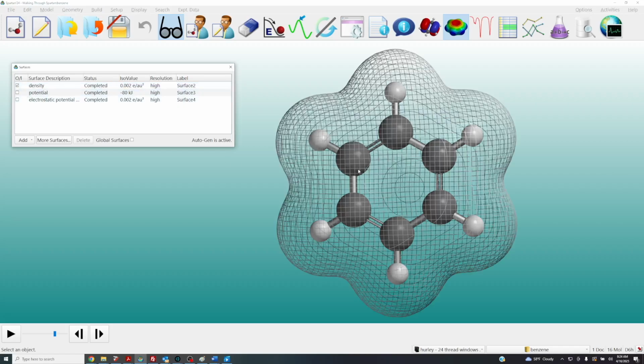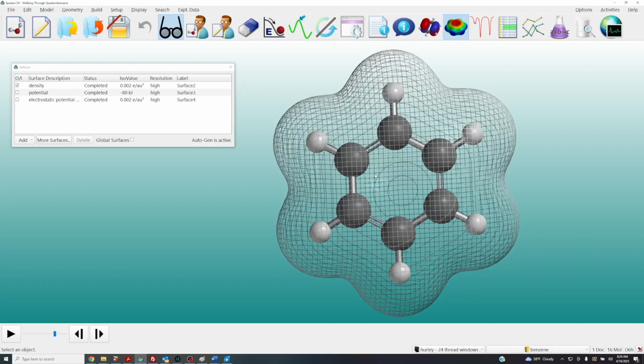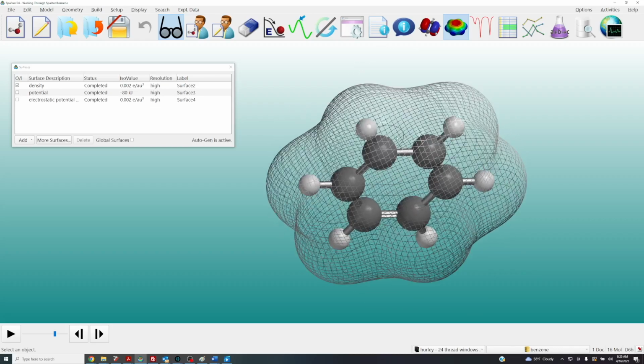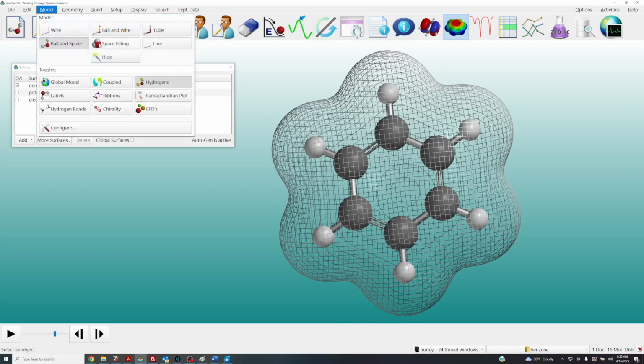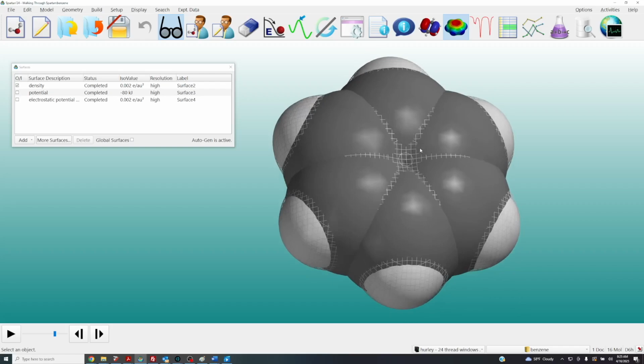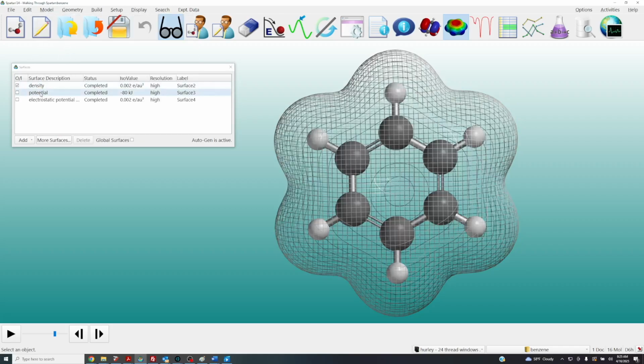Okay, so the electron density is answering the question basically, where's a 99% enclosure, or where's the probability of encountering most of the electrons? Or another way of thinking about it is, how big is this molecule here? Let me turn on the space filling model so we can see the CPK data. It basically overlaps with the electron density. So the electron density essentially answers the question, and I'll do it a little bit more mathematically. Let me put it back in balance, but it answers the question, where is the density 0.002 electrons per cubic